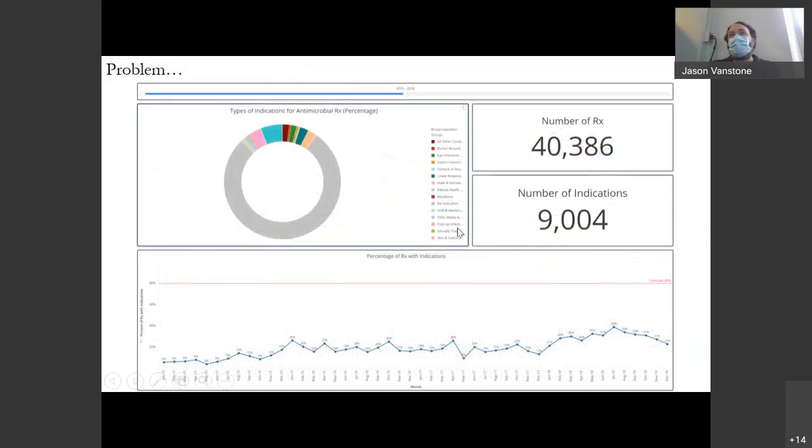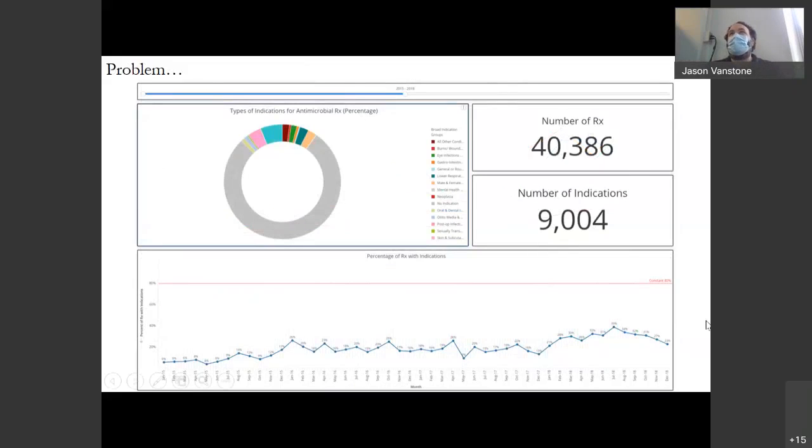And therein actually lies the rub for us. So one of the problems we came up against was, as we presented this data to different clinics and asked the clinicians, you know, what do you think, what can we do with this, what's going to be useful, it came up time and again that there's only so much you can do without knowing why we are prescribing these antibiotics. So what are these things being prescribed for?